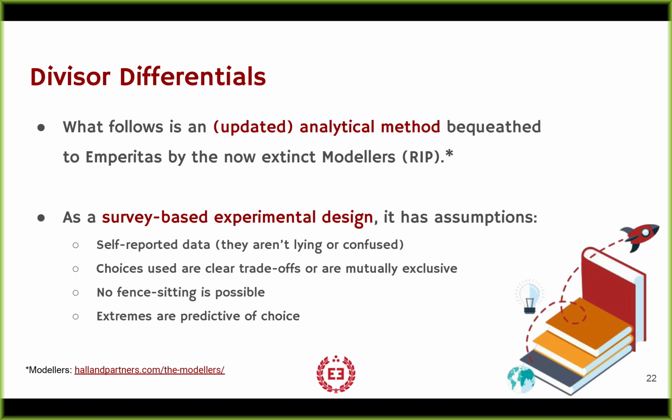And then the last assumption is that extremes are predictive of choice. And that's because most people do not prefer extremes. In fact, this is one of the assumptions of economic modeling in microeconomics, that you have a specific kind of shape of a function when you're talking about utility surfaces, because people don't prefer extremes. You don't want 80 cats and no food. You want one cat and some food. And yet we still see actual examples in the real world of people who will hoard anything. Cats are one thing that they'll hoard, but they're so uncommon that they get their own TV shows. Most people prefer one cat and some food. That's probably an okay assumption that people don't prefer extremes.